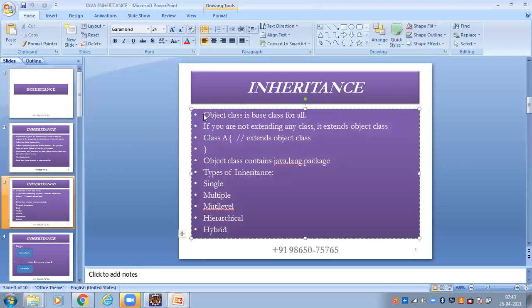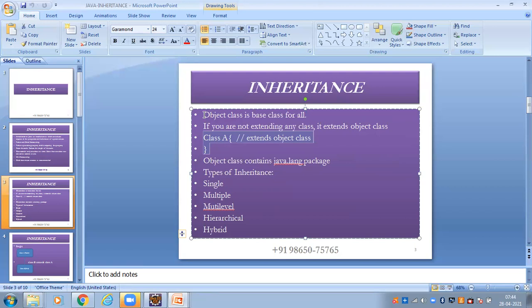Then, the Object class is the base class for all classes. Which class is the base class for all classes? The Object class. Why? As a developer, I create a class, for example class A, but it does not extend any other class.